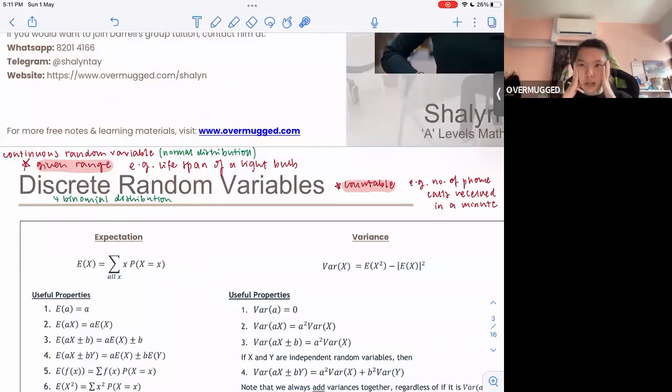Think about whether or not you are able to count whatever you are about to measure, and that should help you identify, because one of the biggest mistakes that a lot of students make in the exam, right, is they sort of take this like question that's supposed to be a normal distribution and they take it as a binomial question, and then they get the probabilities wrong. Okay, so that's an overview of discrete random variable versus continuous random variable.